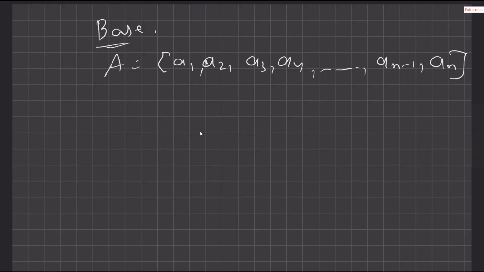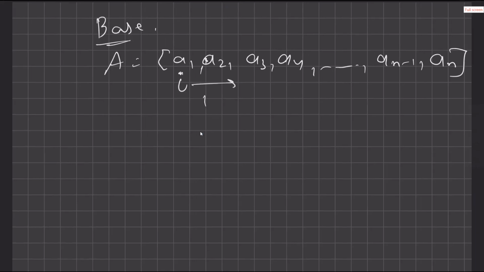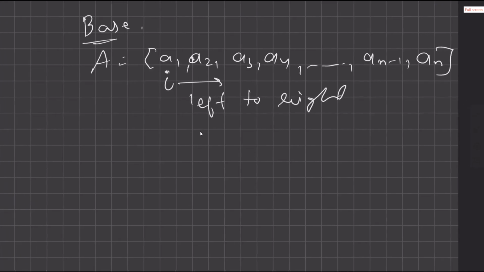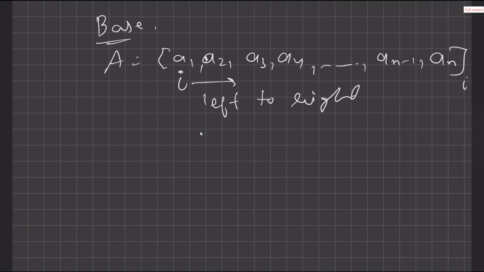We are starting from the zeroth element of the array, or based on one indexing, the first element. Our pointer is moving from left to right. So when this pointer crosses the end, which means when it points to i greater than or equal to n, where n is the size of the array,